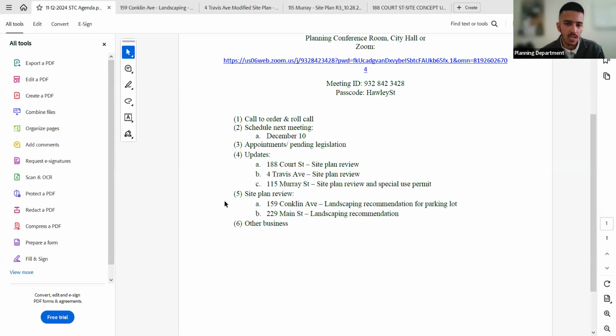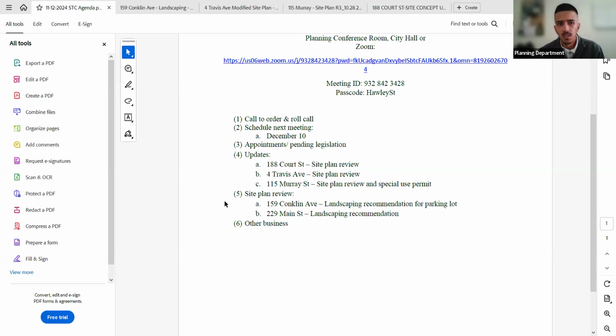So the new plans for this upcoming planning commission public hearing, which is in December, the first Tuesday: 159 Conklin. They are looking for some suggestions on the species of plants that could be planted.